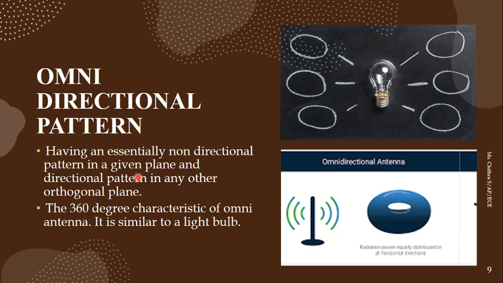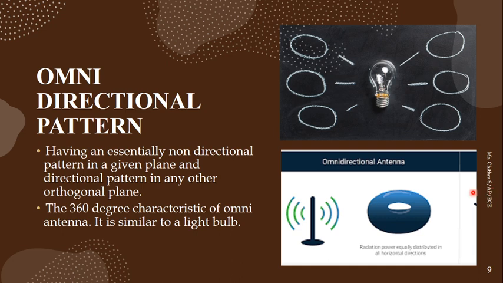So this is with reference to a plane, either the xy plane or the yz plane or the zx plane. In one plane the radiation will be maximum, whereas in the other plane, the radiation will be 0. So omnidirectional antennas have maximum radiation in the horizontal plane. If you see this structure, we can see that this will have radiations in the horizontal plane. In the vertical plane, there will not be any radiations.